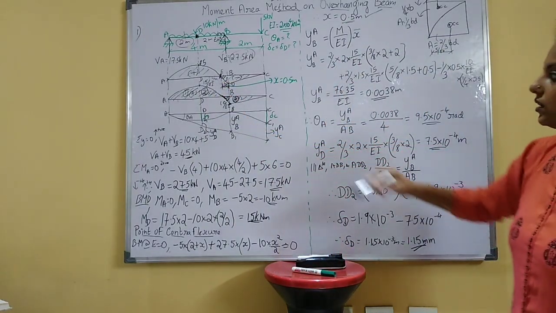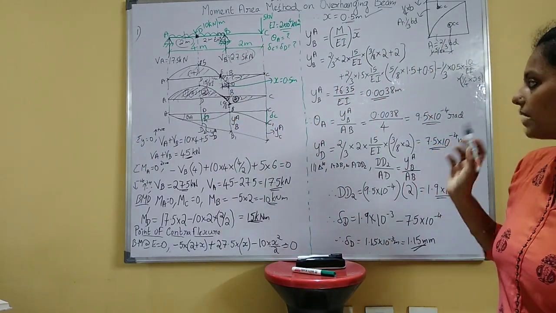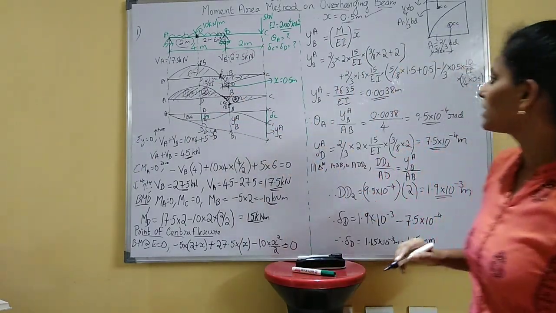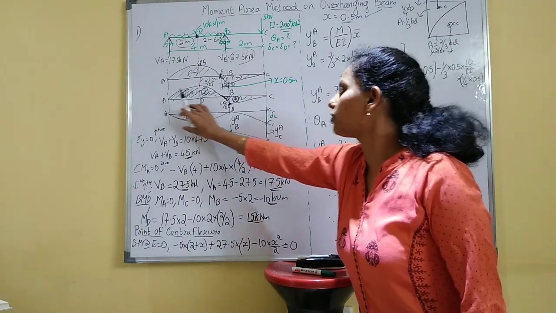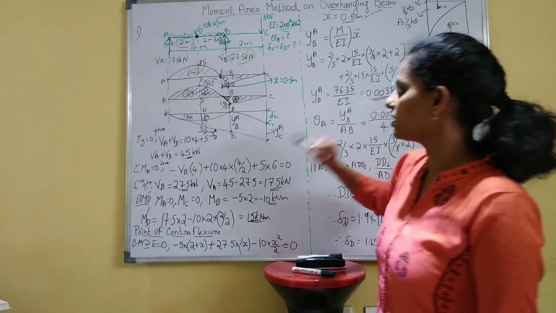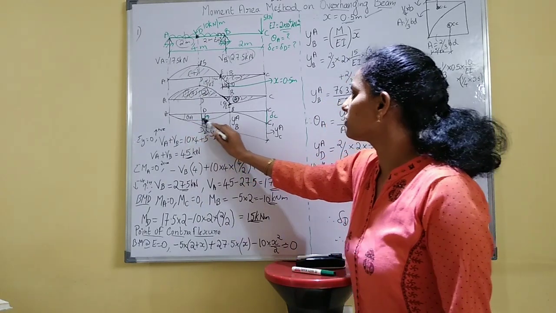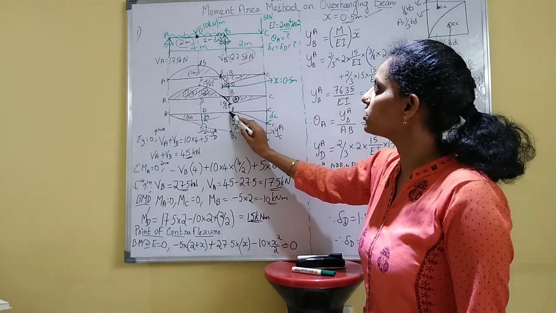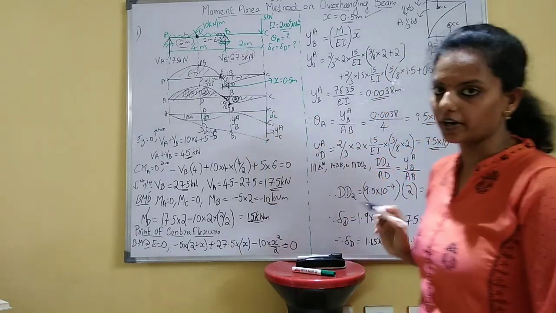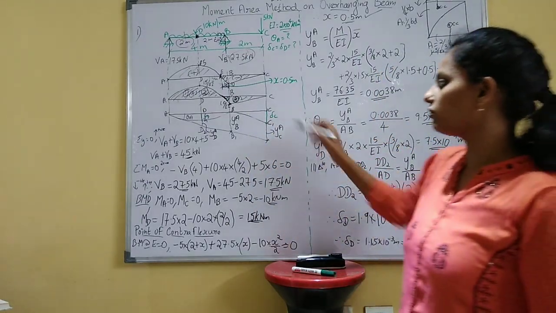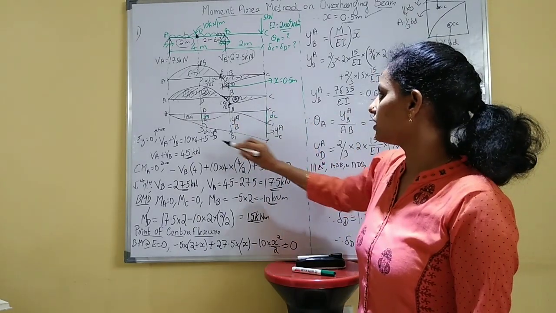Okay. For the M by EI diagram, just divide by EI because I is the same throughout. Next, they have asked to find out theta A, delta C and delta D. So first draw this diagram similar to a simply supported beam. Here you have the elastic curve, as it will move like this, and at the point B you have the support. So from the support it will deflect downward or upward. We will see how it deflects while calculating. Just assume the deflection downward for now and mark the values.